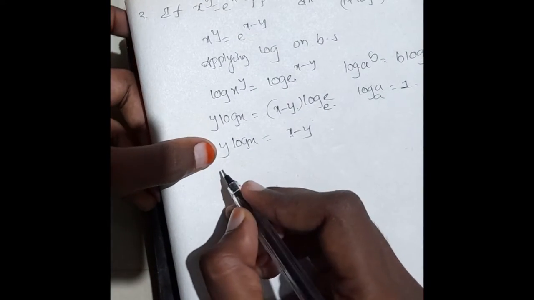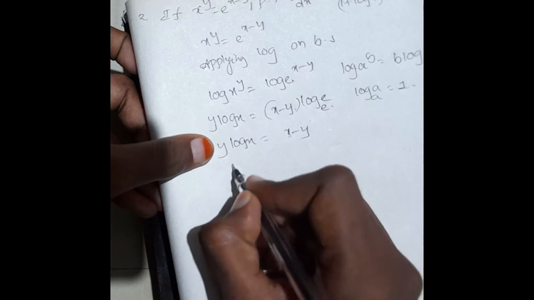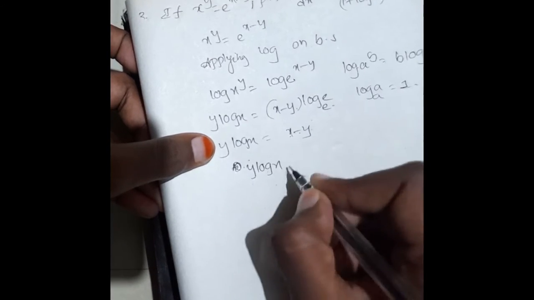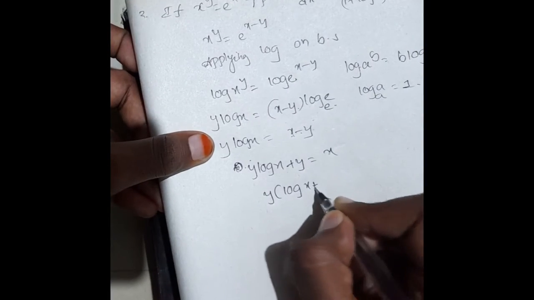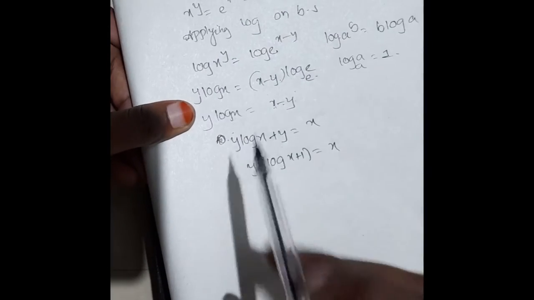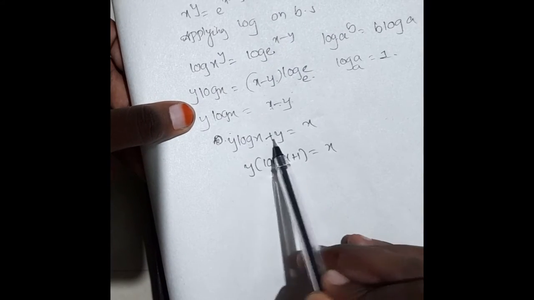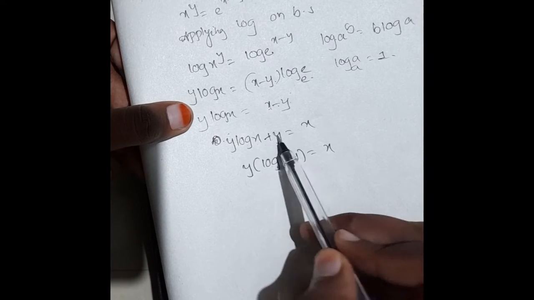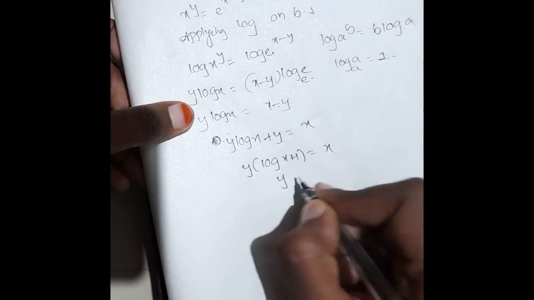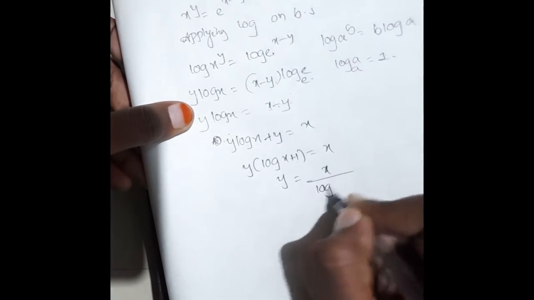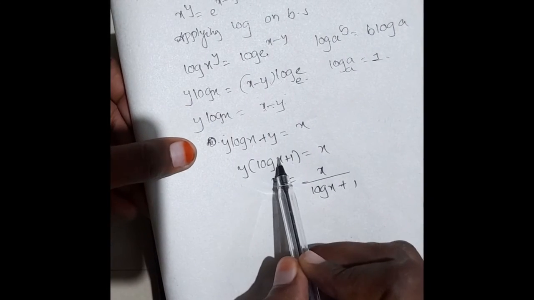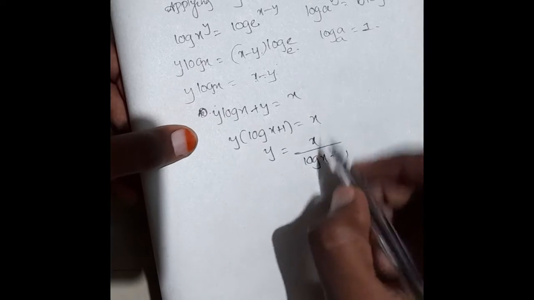Now differentiating it. First, let's do one thing. y log x, transpose minus y to this side, it will become plus y equals x. y(log x + 1) = x, right? Here we just transposed minus y to this side and we took y common from both of these. So what are we left with? Log x, and here 1, equals x. So now what is y? x by (log x + 1). We just transposed log x + 1 to the RHS. So it is in multiplication here, it will become the denominator here.